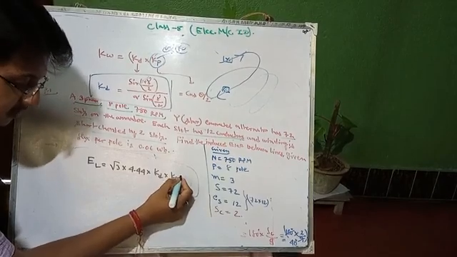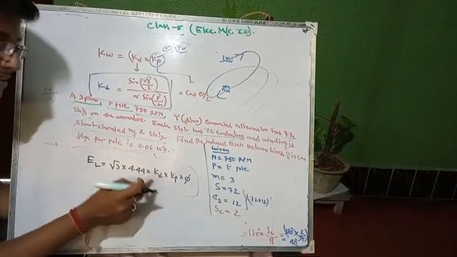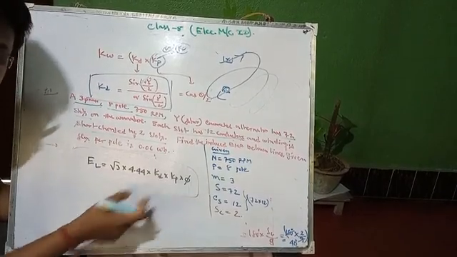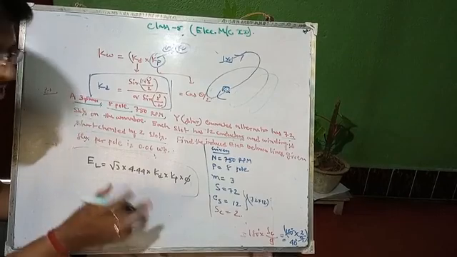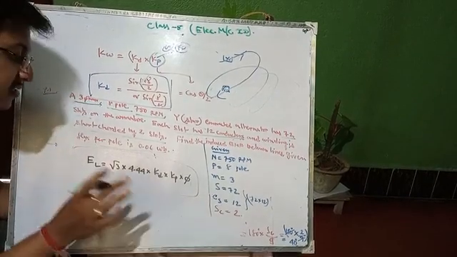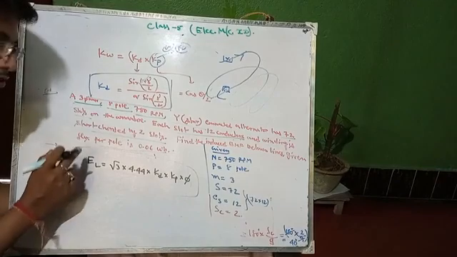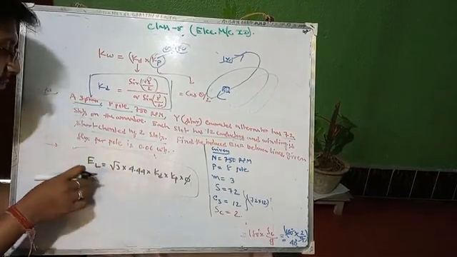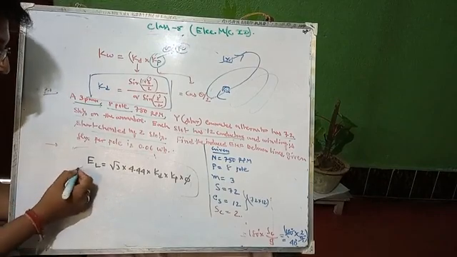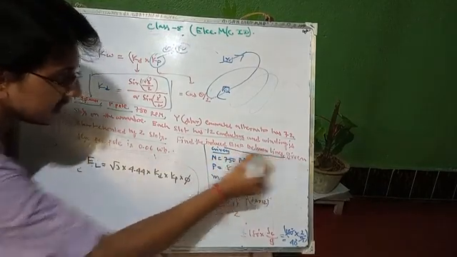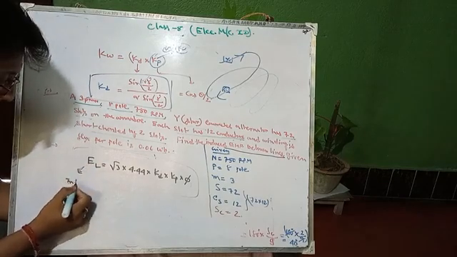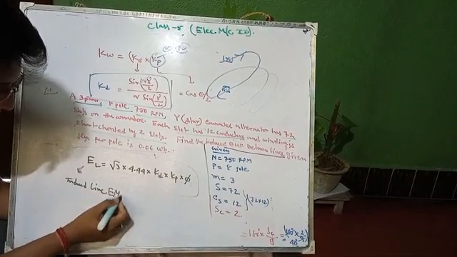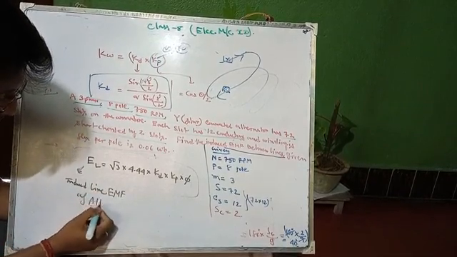This formula is in your syllabus, and you will learn it when I go into the 3-phase synchronous machine, the alternator part. Just wait for that time. I will discuss everything step by step. For now you have to remember this one for this case. Now EL equals line EMF. EL means the EMF induced between lines, that is the induced line EMF of the alternator.